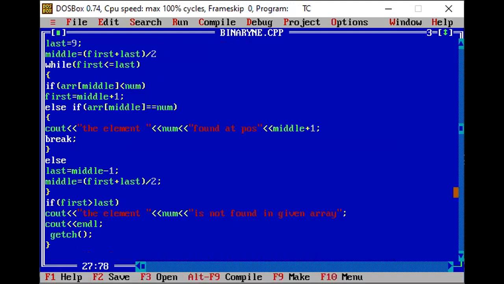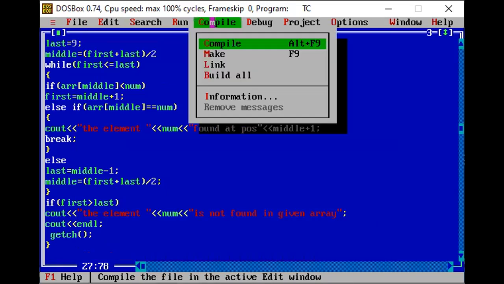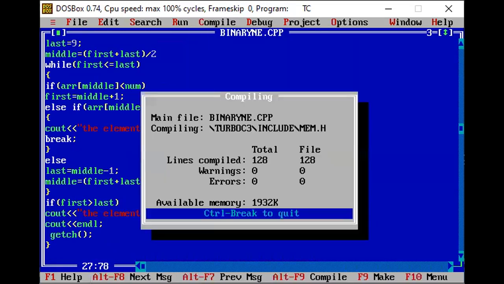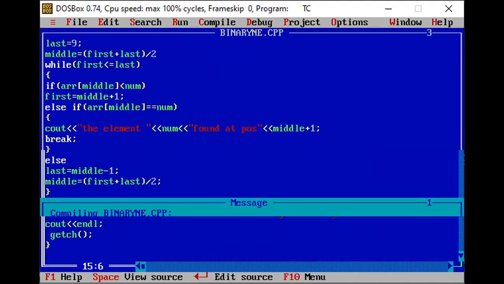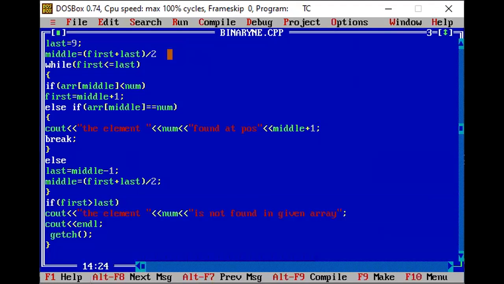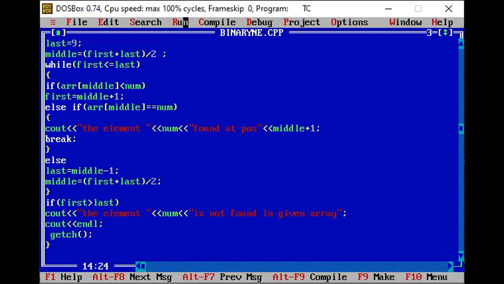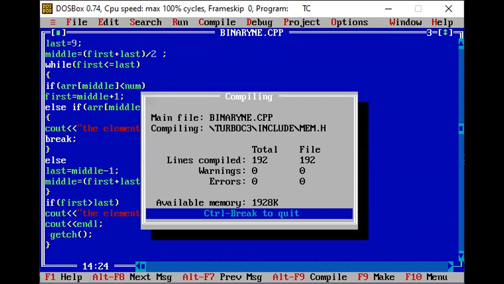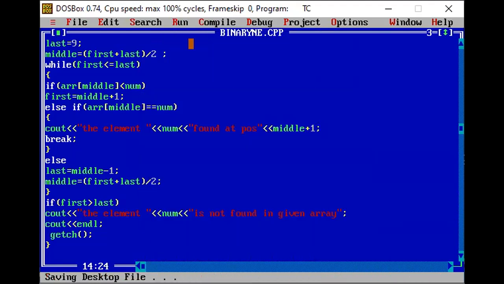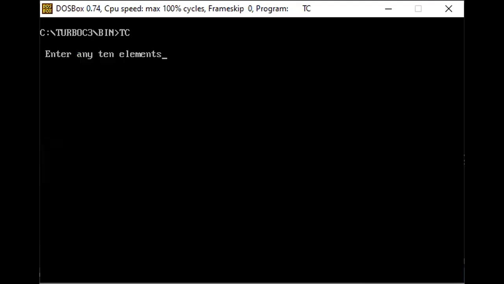Okay, so let's see if there is any type of error. Okay, so one statement is missing here, so I have to include this part, and again I will run this. Okay, so let's suppose I need to enter the elements here.